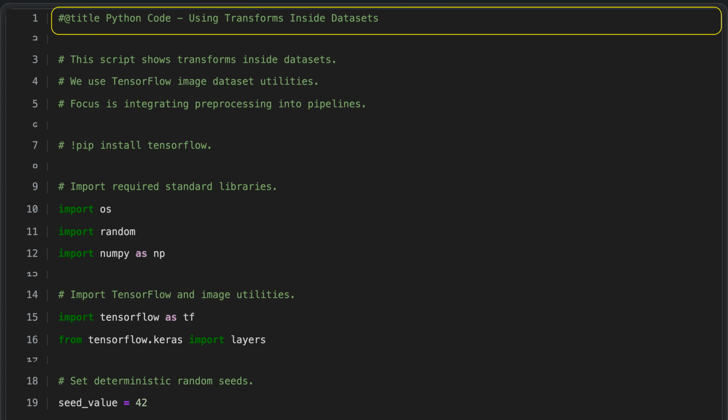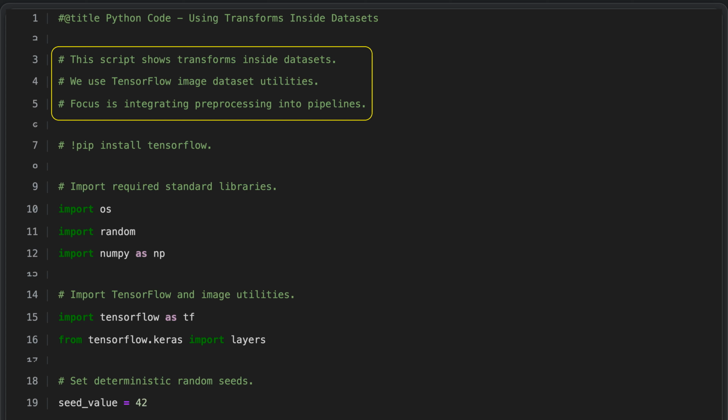Python code using transforms inside datasets. This script demonstrates how to apply data transforms directly within datasets using TensorFlow image dataset tools. It highlights how preprocessing steps can be built into the data pipeline itself, rather than handled separately. The main goal is to show an integrated approach where image transformations and model input preparation are combined into a